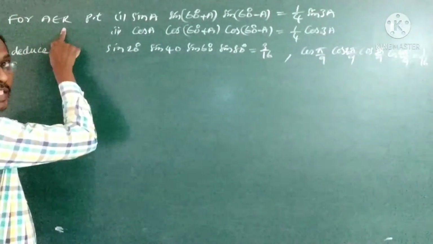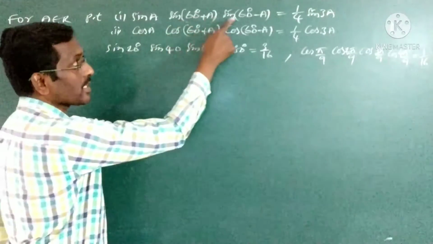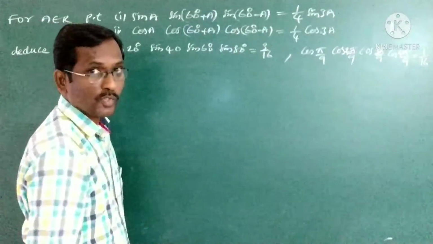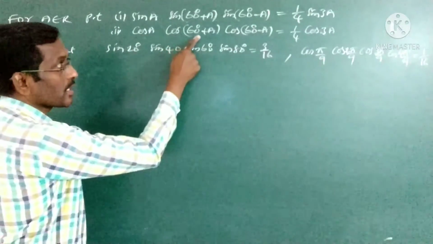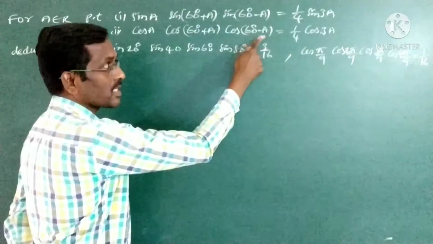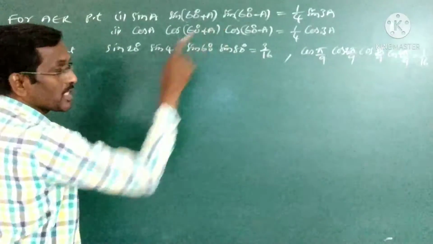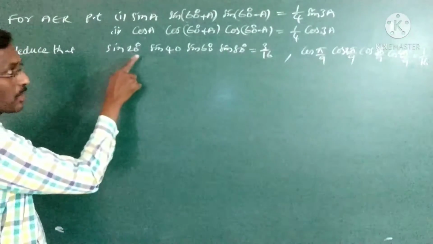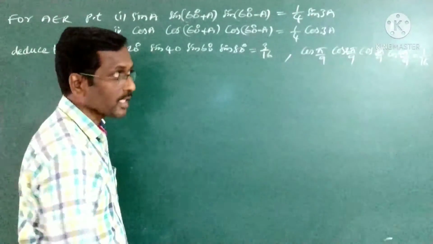If A belongs to R, prove that sin A sin(60+A) sin(60-A) equals 1 by 4 sin 3A. Second question in this: cos A cos(60+A) cos(60-A) with the value 1 by 4 cos 3A. After showing these results, deduce the values